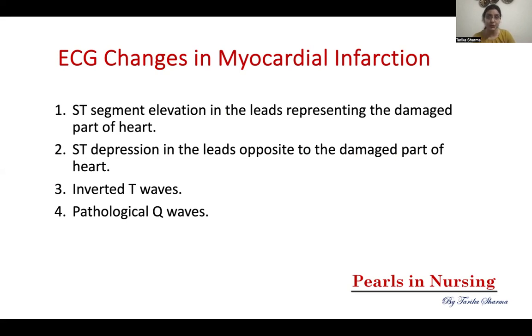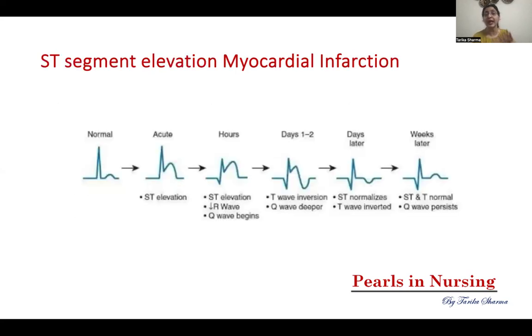So what changes can happen? The patient might have ST segment elevation. Where will that be? In those leads which represent the damaged part of the heart. Then the person might also have ST depression. Where will that be? In those leads which are opposite to the damaged part of the heart. And then there can also be inverted T waves, and there can also be the presence of pathological Q wave. So when we talk about ST segment elevation in MI, it depends on the duration of